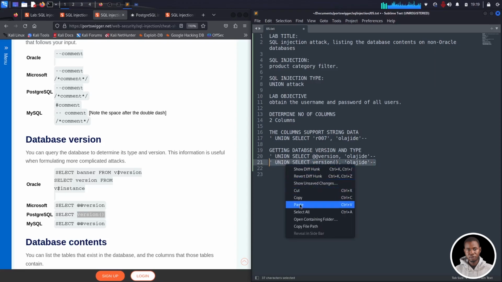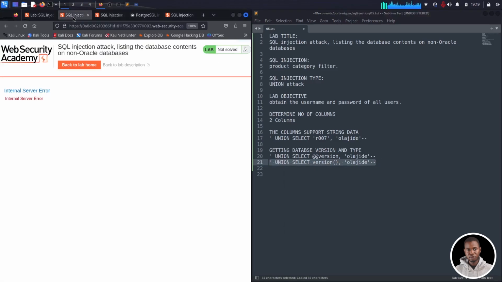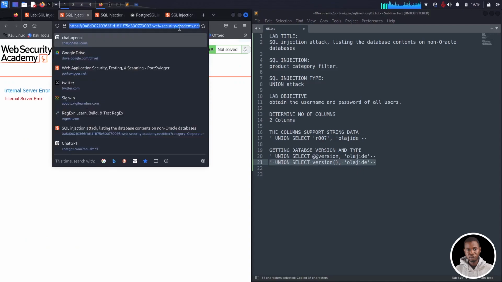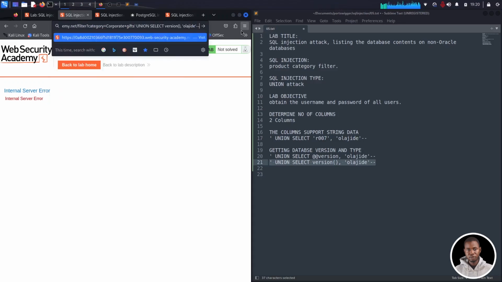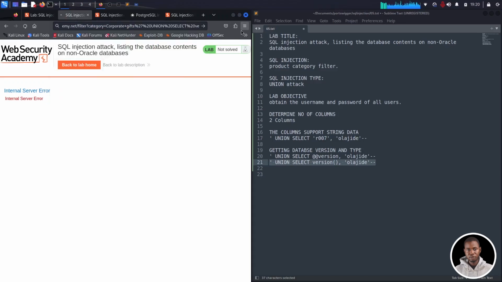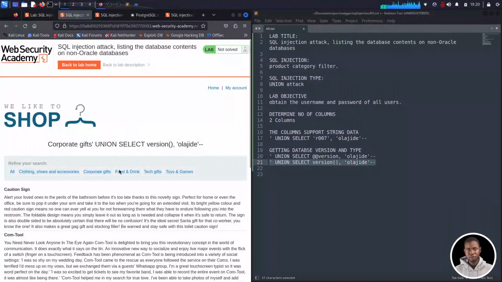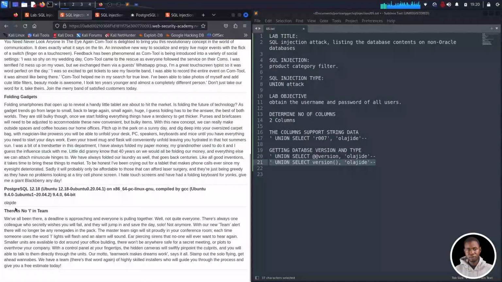So we're going to copy and we head to our application and we're going to insert our payload. All right, great. So you can see that this actually works on this application, and if you scroll down, you can see that we've successfully extracted the database name, so I beg your pardon, the database type and version of